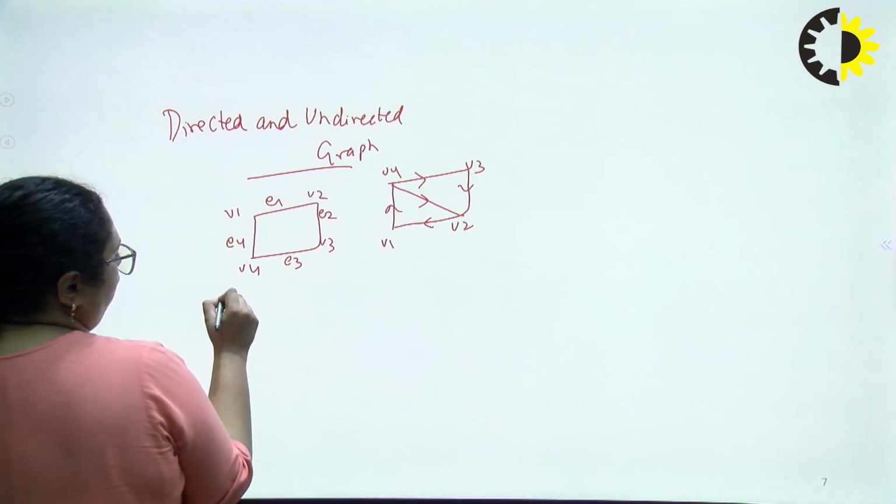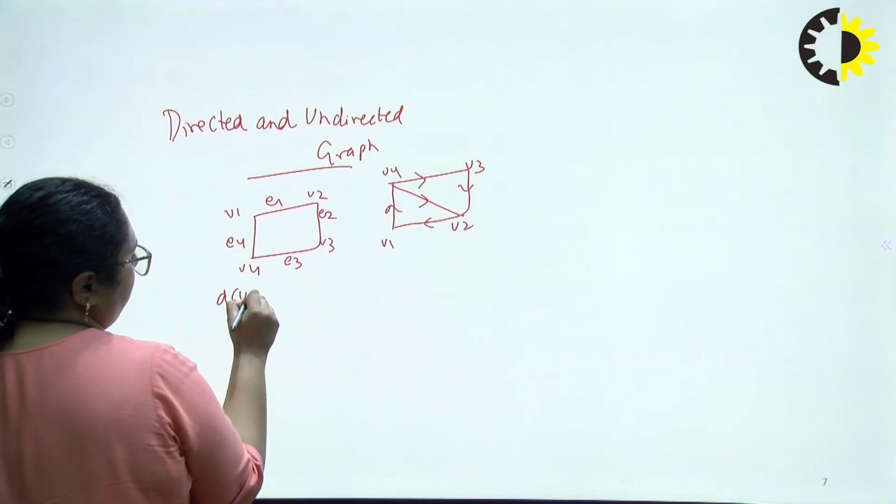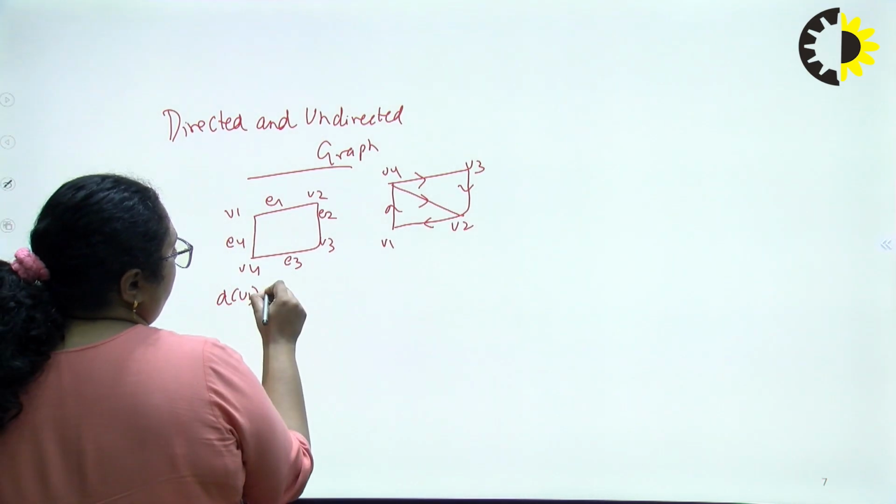If we look for the degree of vertex V1, then it is 2 because